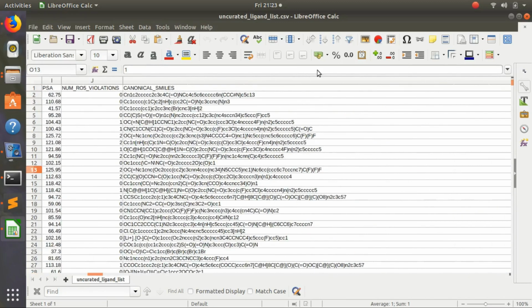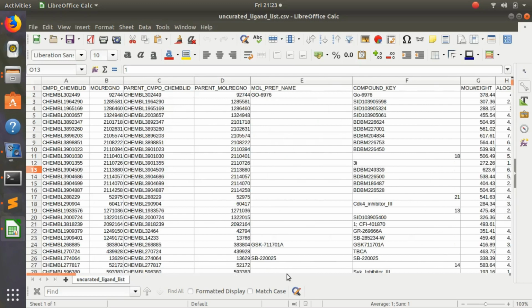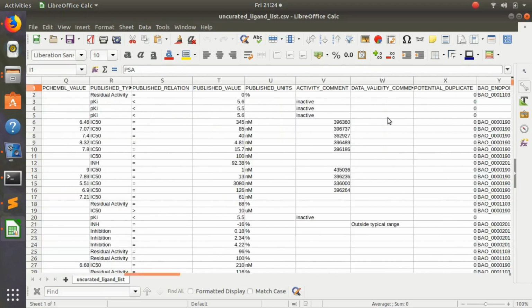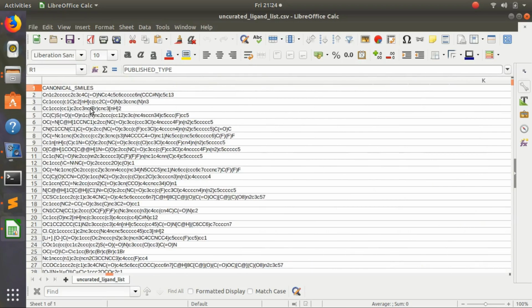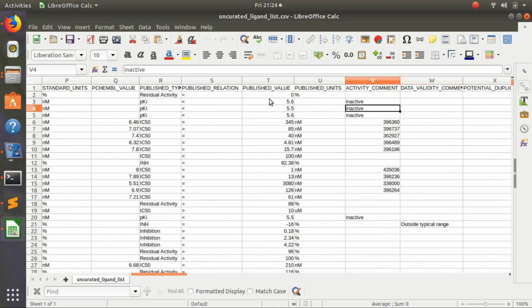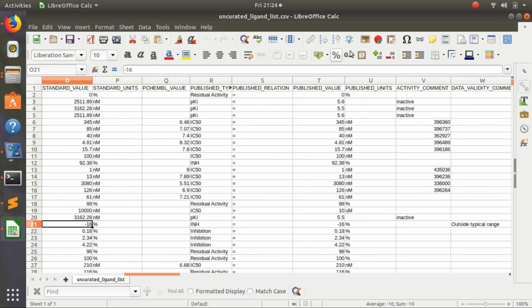So this is saved. What do we want to keep? We want to keep these. We want to keep this. We want to keep this. And the published type and standard type, because the published type is different from the standard type. This is what they actually published, and then someone had to standardize it. It's pKi, and it's not always in nanomolar, sometimes it's in micromolar, so you want to have it all converted and standardized. So we go to our Python file,